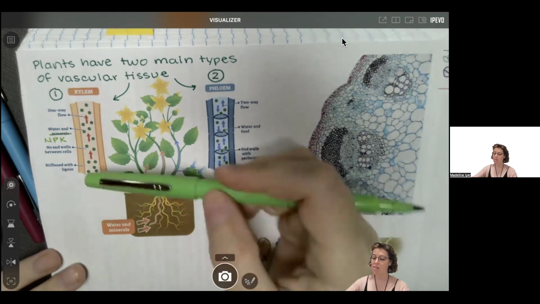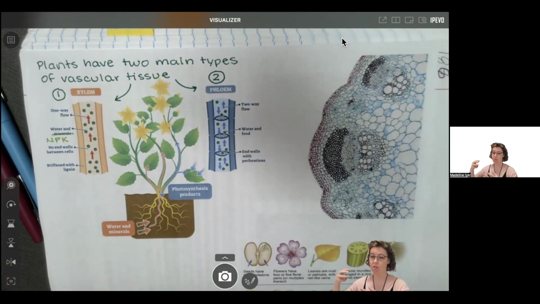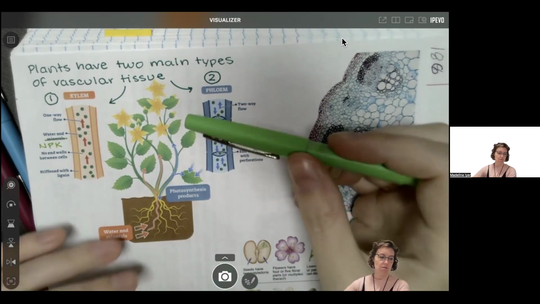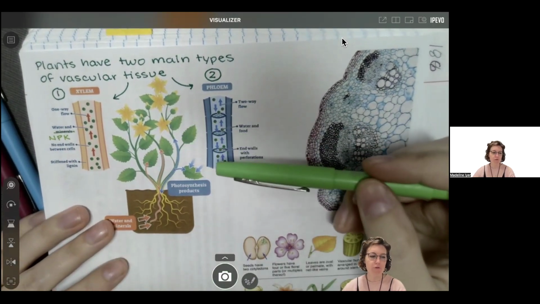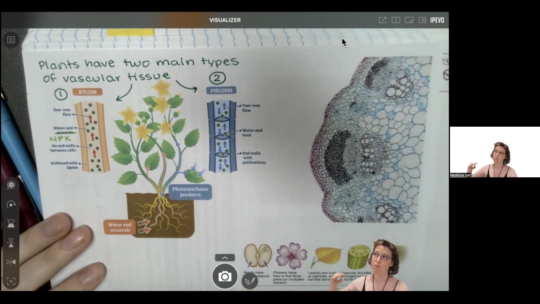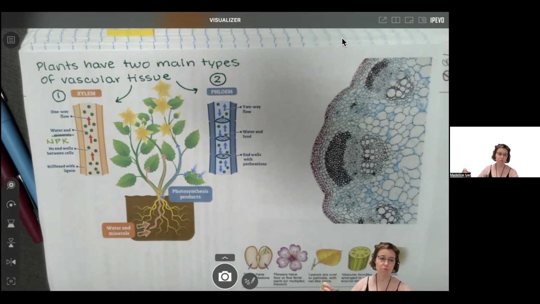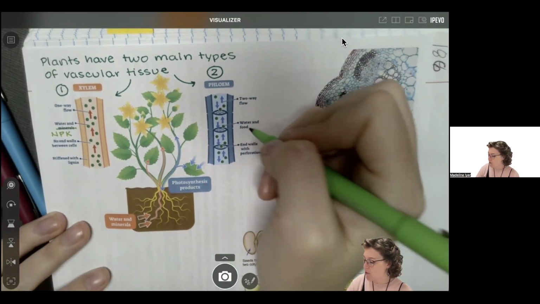And xylem is basically a giant straw. There's no cell walls in between. It just goes right up the stem. Phloem is a little different. This is a two-way flow. Things can flow up from the leaves this direction. They can flow back this direction. They can head down to the roots. And this is how water and food